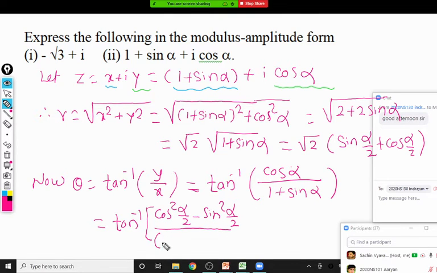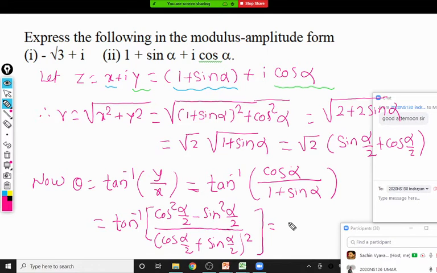Similarly, 1 plus sine alpha is written as cos alpha by 2 plus sine alpha by 2, bracket square. Okay, we already used this same result here. 1 plus sine alpha is sine alpha by 2 plus cos alpha by 2 bracket square, or cos alpha by 2 plus sine alpha by 2 bracket square. So we observe the factors for the numerator, which is like a square minus b square. So one of the a plus b factors gets cancelled and we're left with this.